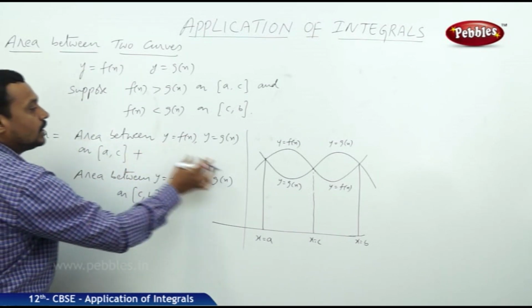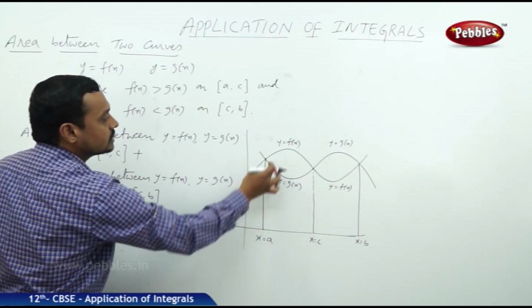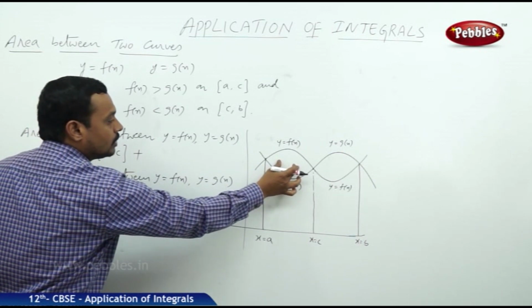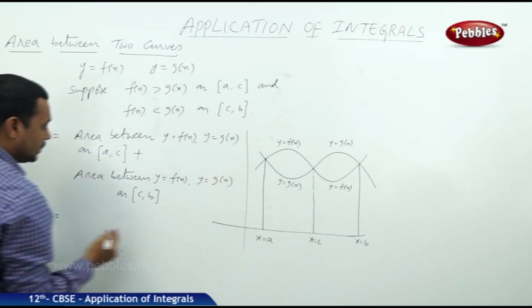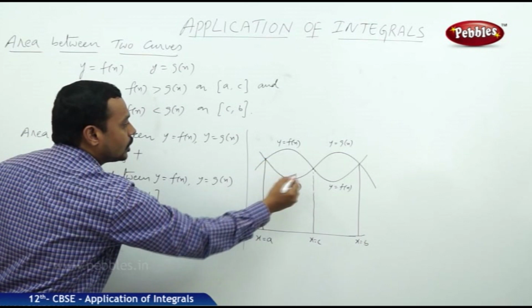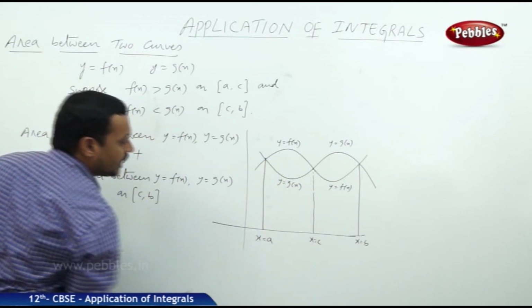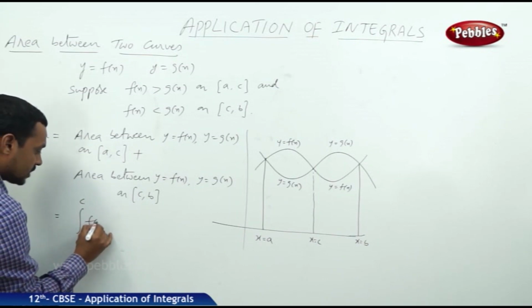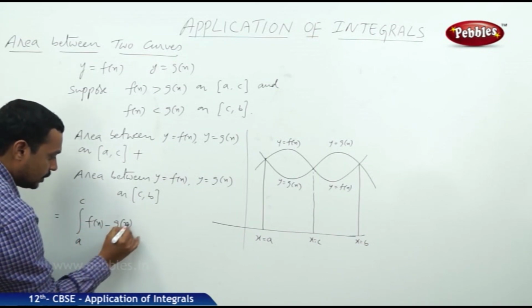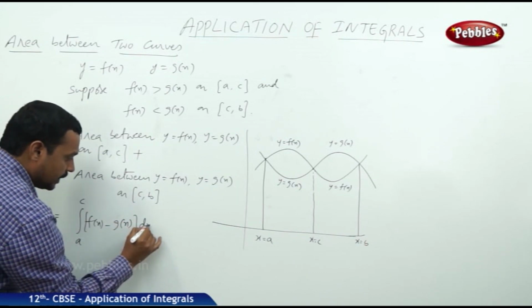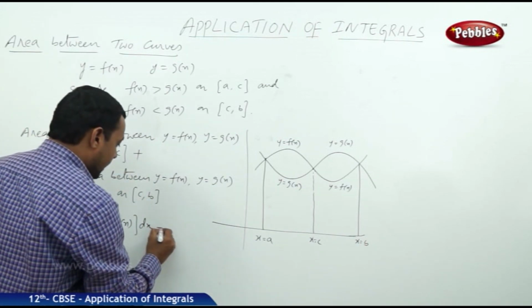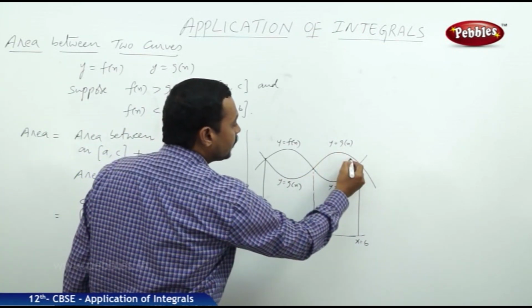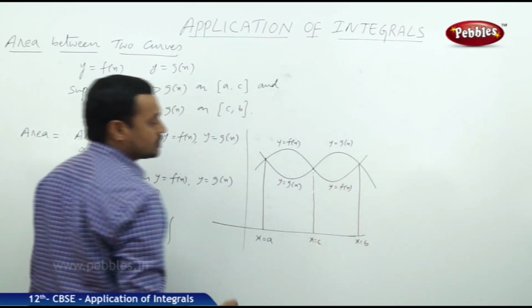In the first interval, f(x) is the upper curve and g(x) is the lower curve. So we have already found this area: the area formed by the two curves under the limits x = a and x = c is the integral from a to c of f(x) minus g(x) dx, plus